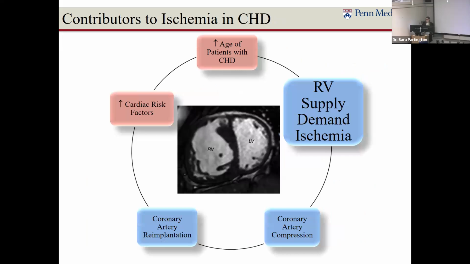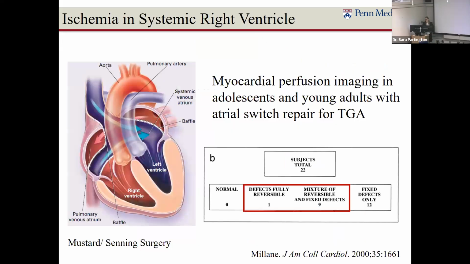And then finally, I'm going to talk a little bit about right ventricular supply-demand ischemia. And there's a few situations where we can see this. Probably the most common, at least now in our clinics that we're seeing, are patients who are born with transposition of the great arteries. So again, another patient with transposition of the great arteries, rather than having a Rastelli repair or an arterial switch repair,